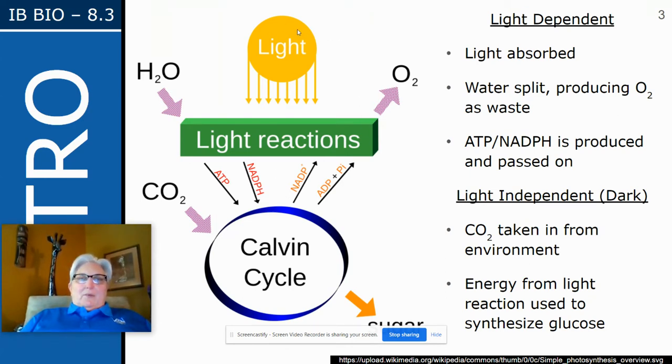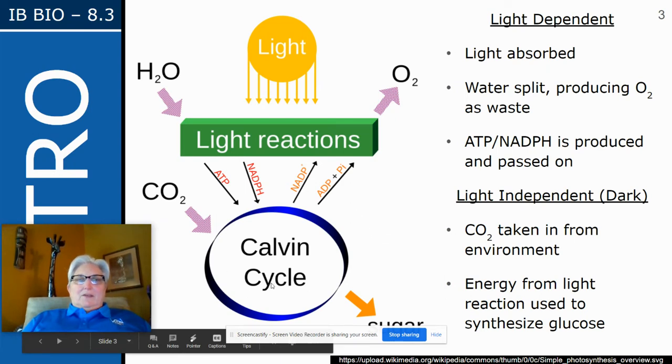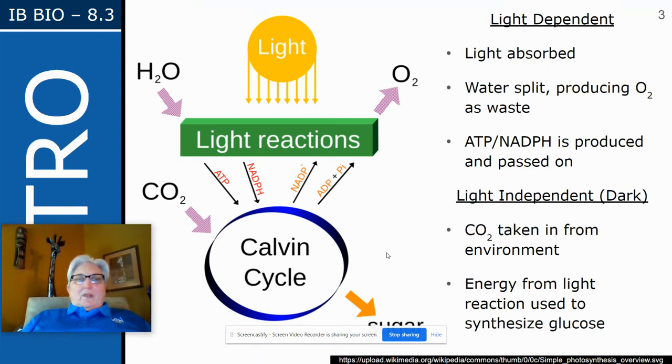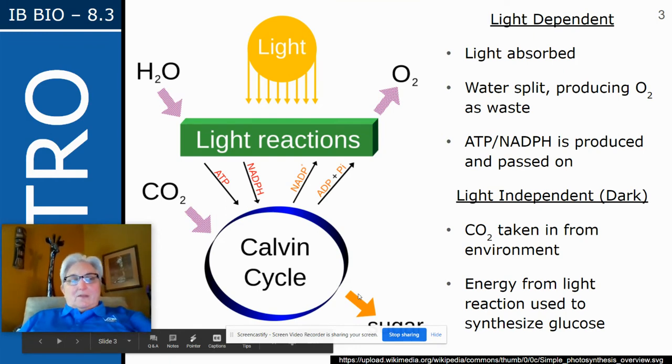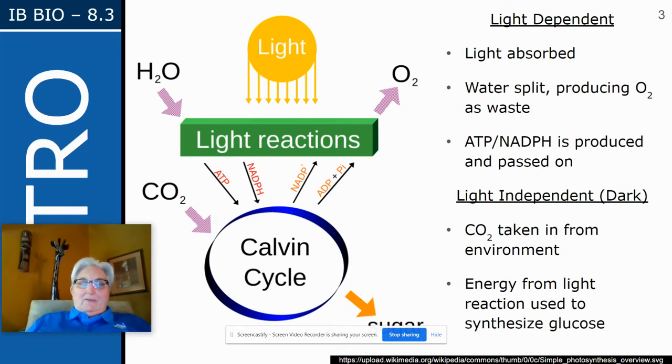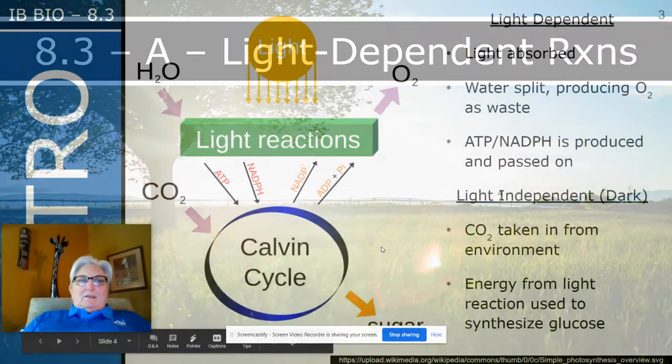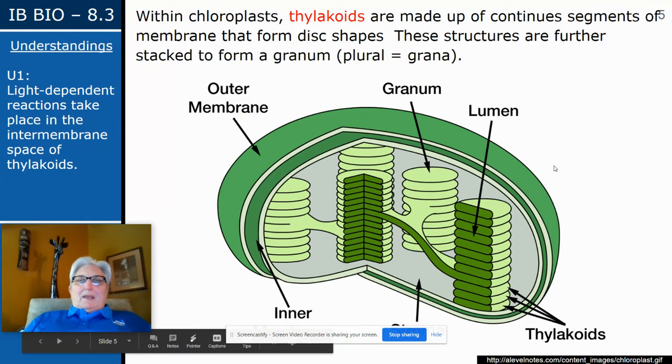One of the important things is where they take place. You're going to see today that these light reactions all take place in the membrane of the thylakoid, and the independent reactions, or the dark reactions, take place in the liquid portion of the chloroplast, which we call the stroma. And they run through a cycle which was first discovered by a man by the name of Calvin. So we call it the Calvin cycle. So let's start by looking again at the